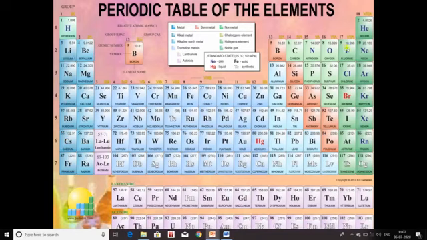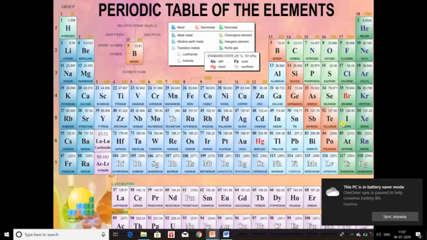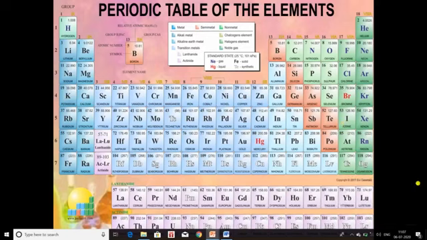But here the reason is different. As you know, group 17 elements are halogens, and halogens can accept one electron easily because in the last shell 7 electrons are present. So the 17th group element will try to complete its octet, and will easily accept one electron. So that means they are more reactive, because they can accept one electron easily, and group number 1 elements can lose one electron easily. That is why group number 1 and group number 17 elements are more reactive.